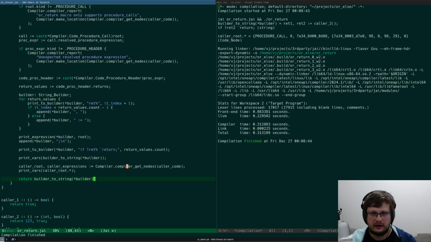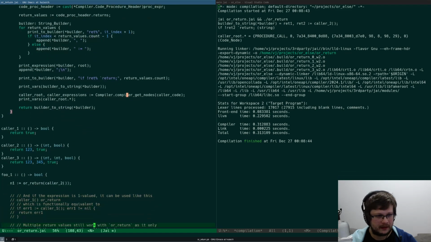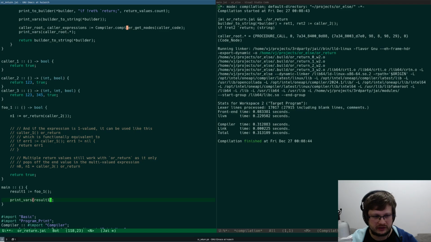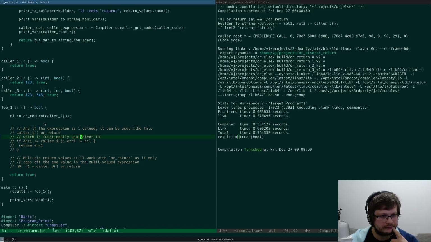It compiles, but we don't call it anywhere, like result1 foo. And now if we print vars result1, it should be true. Is it true? Yeah, it is true.